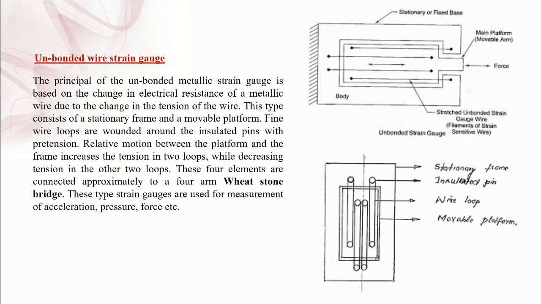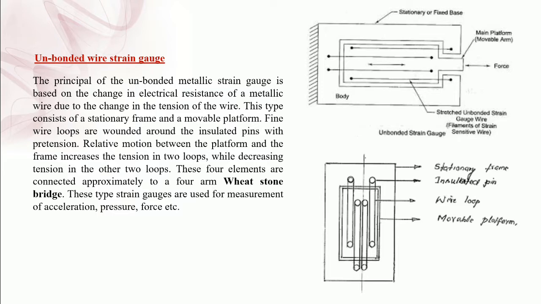Now in case of an unbonded strain gauge, here you can see the right hand side figure, it shows an unbonded strain gauge. Here we can see that the pickup and measuring networks are actually energized from the same but isolated source. Unbalance originating in the pickup is detected and balanced by a servo actuated measuring network, which actually provides a reading of strain on a graduated scale.